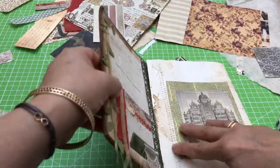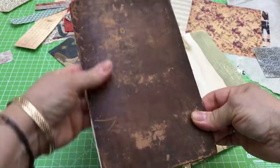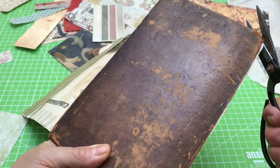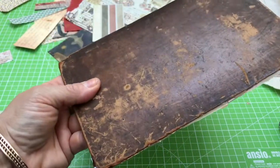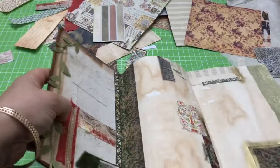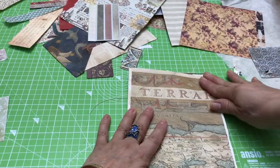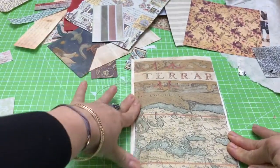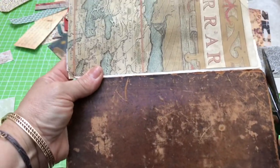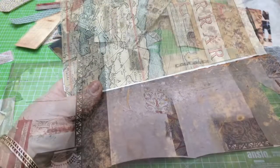And what we're going to do here is just test that I can close it and get my scissors. Bend it up a bit there. Okay. There we are. I think it looks lovely like that, and it folds very well here. And I'm going to also get rid of this part of it. Okay, so